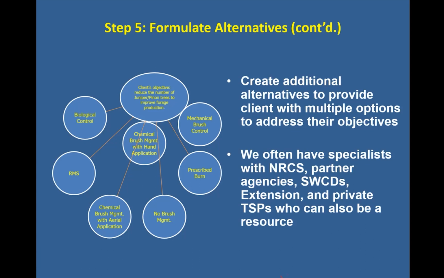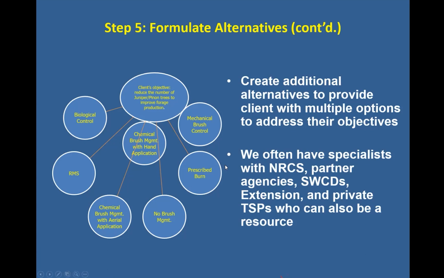We have some producers who are reluctant to use chemical. Well, then we go with prescribed burn. That's a natural process. That's part of that dialogue that you have with that producer. Or maybe it's mechanical, they don't want to use chemical. Then let's go with mechanical brush control. But again, we're looking at it from an economic standpoint, and at what's the most efficient way of trying to address that resource concern. And then, like I said, we have other agencies that we partner with,